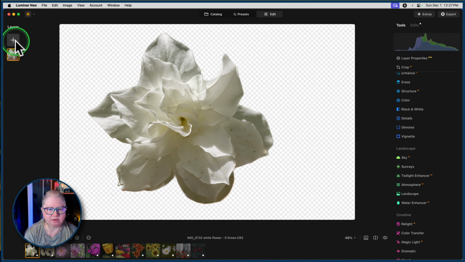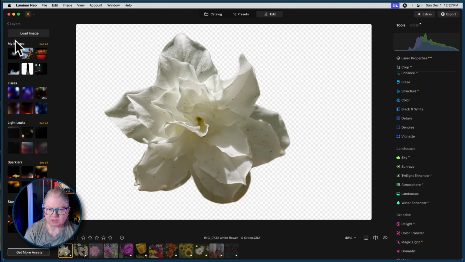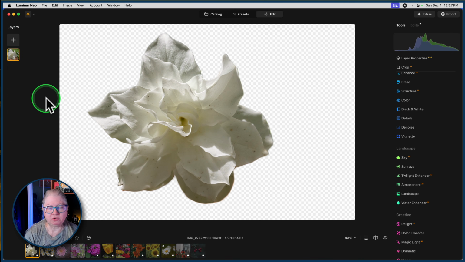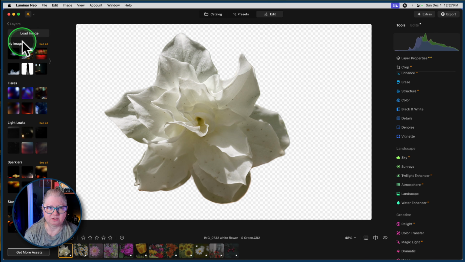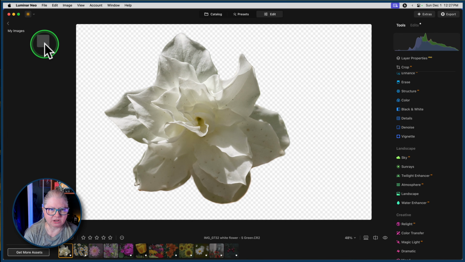So let's go find a background to add. The first time you add a new layer, you have to click this plus sign. It's kind of a 3-step process. Then you have to load an image. Then it shows up down here. Then you have to add it. So it's kind of a little bit of a pain in the butt, but I've already got several images added,